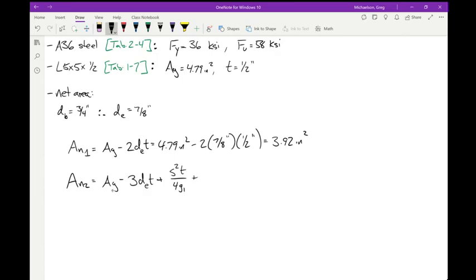It's not just computing a single stagger factor and then doubling it. The stagger factors are different because we have different G values. So we have 4.79 minus 3 times 7/8 times a half, plus